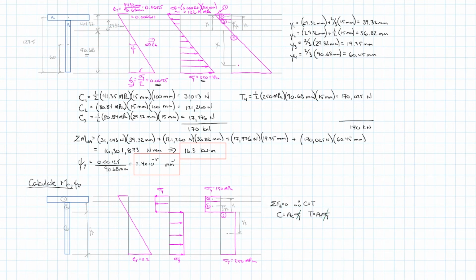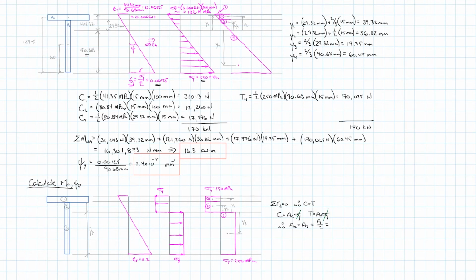So if C must be equal to T and the sigma y's can cancel out, therefore the area in compression must be equal to the area in tension,